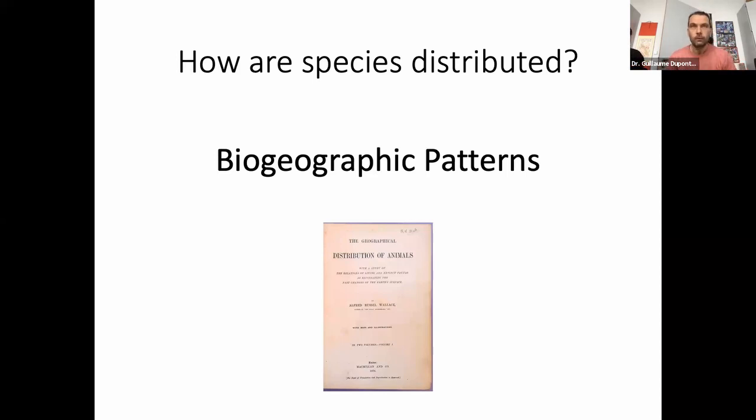So these adaptive radiations are a sign of diversification in certain times or in certain places. And this brings us to the topic of biogeographic patterns. So we talked a lot about time now, and now we are going to look into space. By the way, here's a book by Alfred Russel Wallace, who was essentially the father of zoogeography. This is the first book on the topic